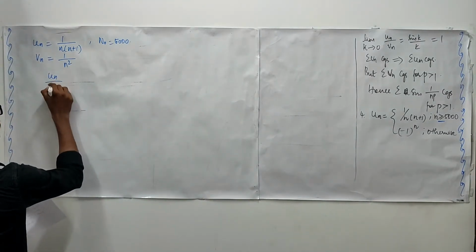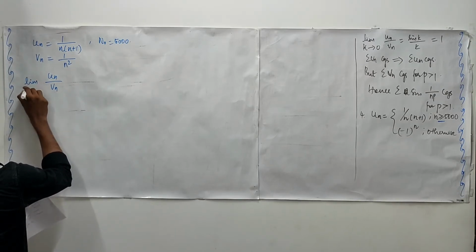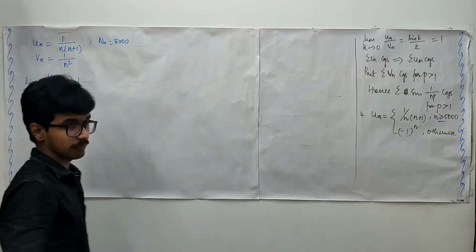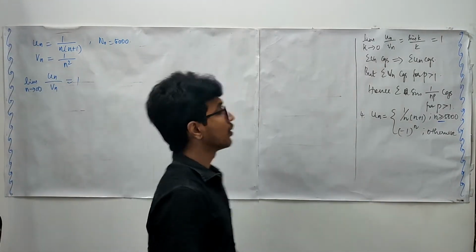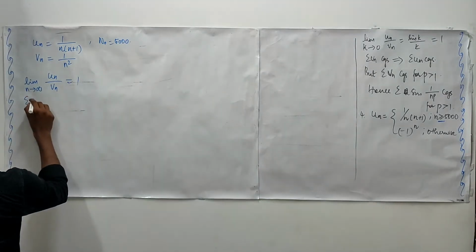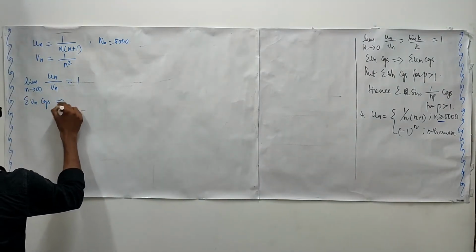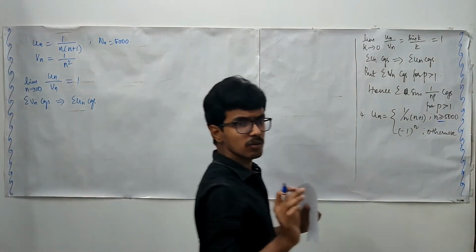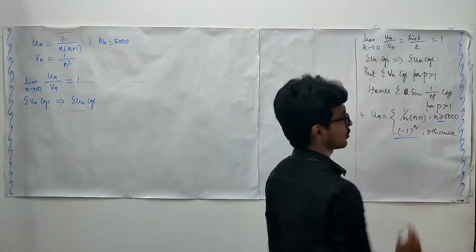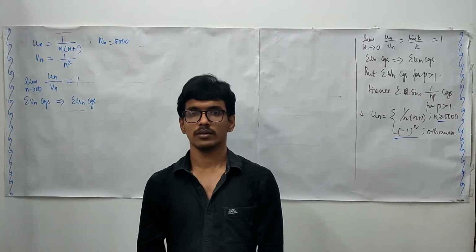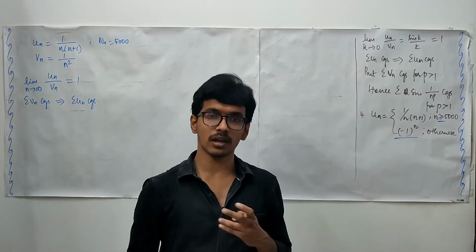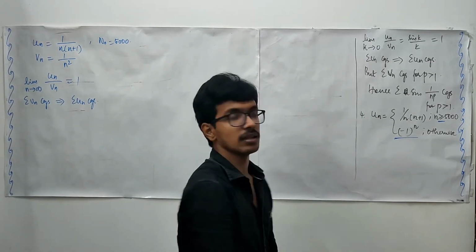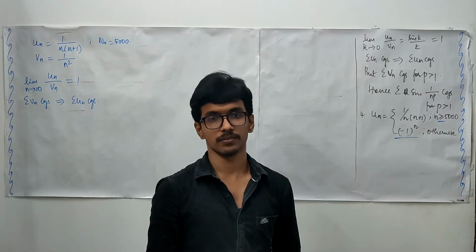Right? Your un upon vn as limit n approaches infinity is going to be some finite limit, and the limit is going to be 1. You may check it easily. Right? And since summation vn converges, this implies summation un converges as well. What is to do with this thing? That is a question mark, right? So if you are asked to check the sum of the terms in the series, you may make use of this one.